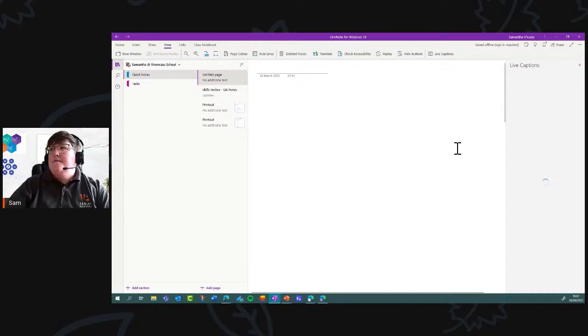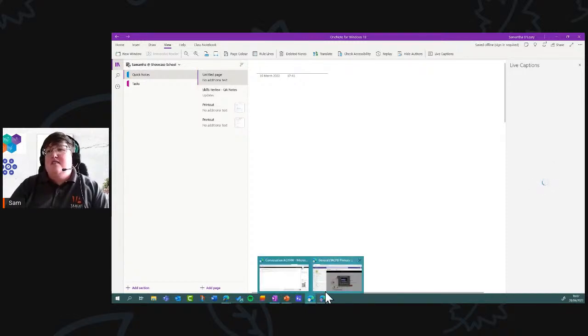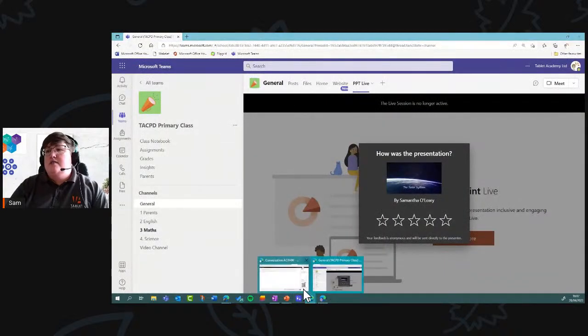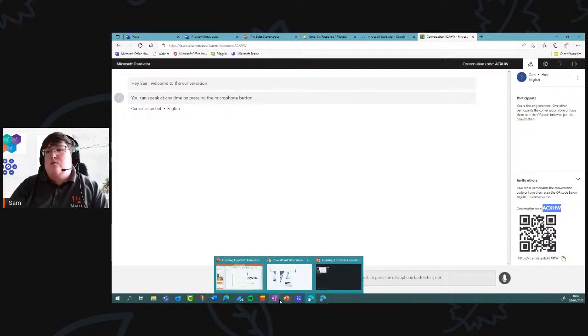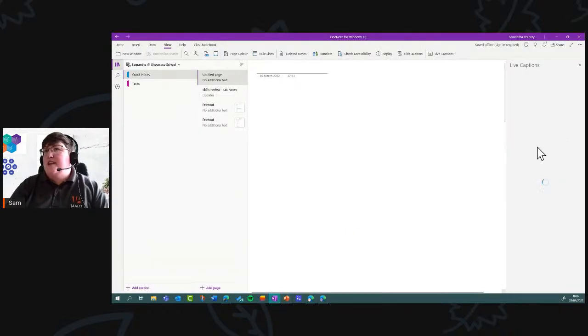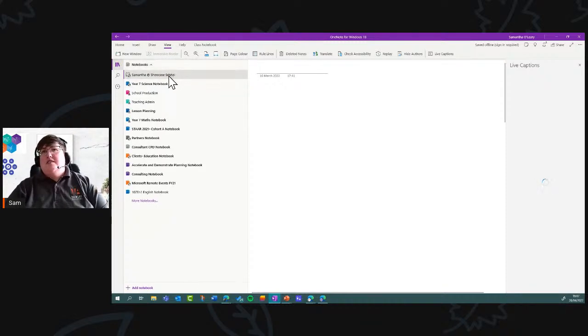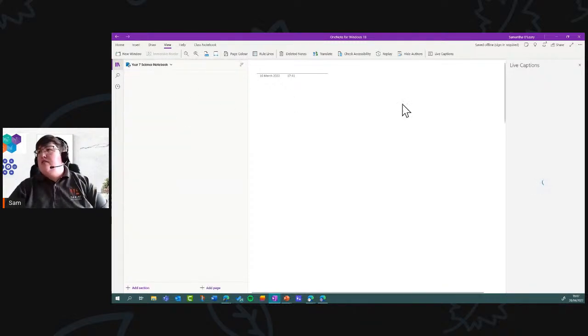Okay. So what should happen then is that should come up with the option to join a translate option. So you do have to set this translate option up here, and you can host that, and that's then what you would be able to put in here. It does seem to be struggling a little bit, so I'm just going to pop into